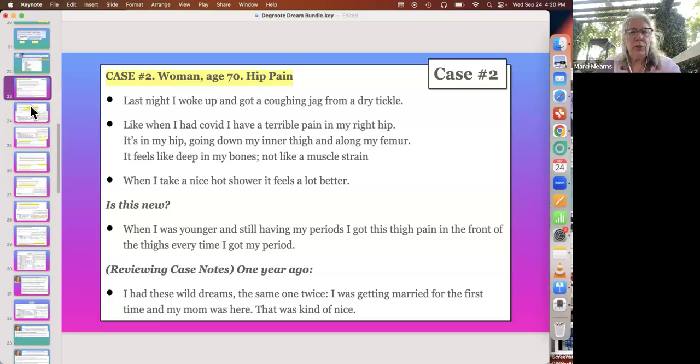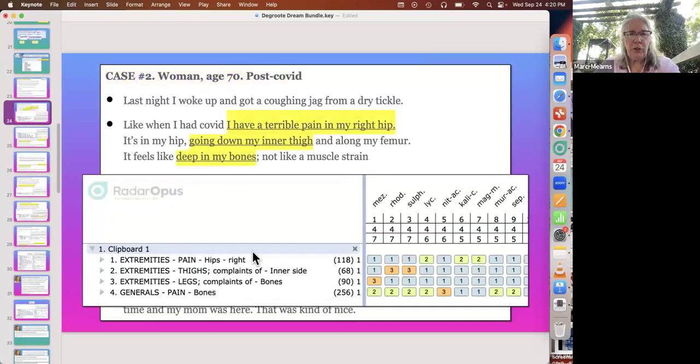And let us have a look here really quickly. So the first clipboard that I created, and these are those, you know, rather boring or less than useful, shall we say, according to Dr. Degroote, clinical symptoms. We have the pain in the right hip, pain going down the inner thigh, inner side of the thighs, complaints of the bones, and bone pain, because that deep in bone pain is really a thing, isn't it?